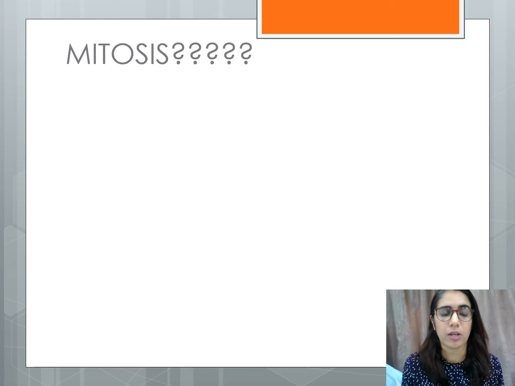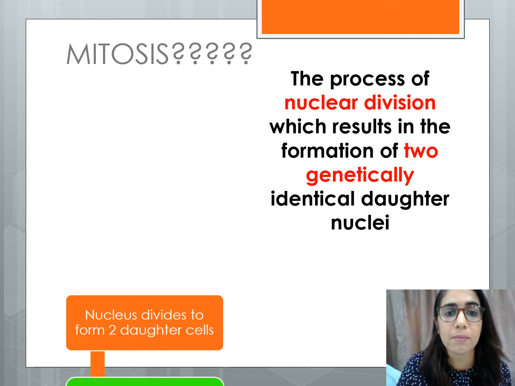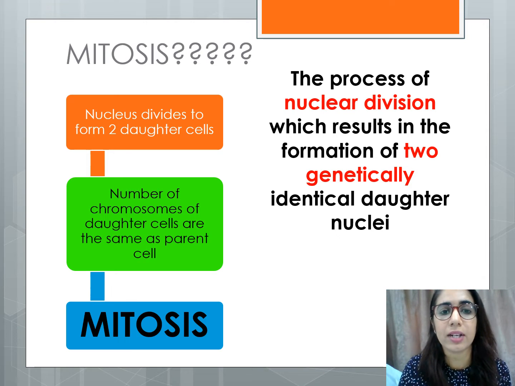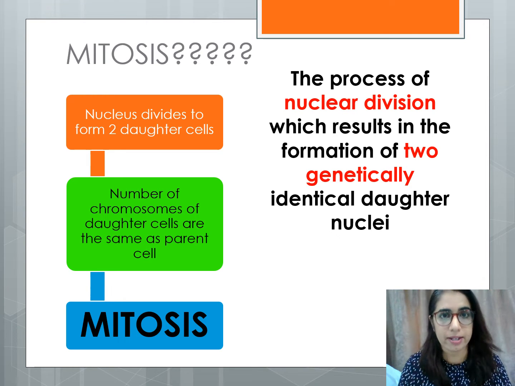Okay, so now mitosis. What is mitosis? Mitosis is the process of nuclear division which results in the formation of 2 genetically identical daughter nuclei. Meaning that the nucleus divides to form 2 daughter cells, and the number of chromosomes of the daughter cells are the same as the parent cell. So this whole process is known as